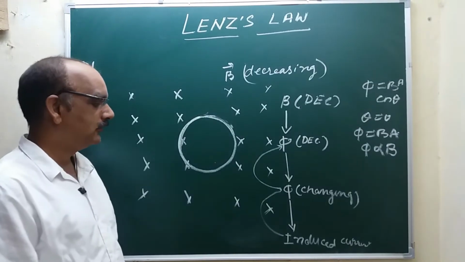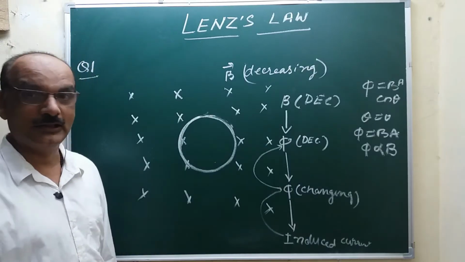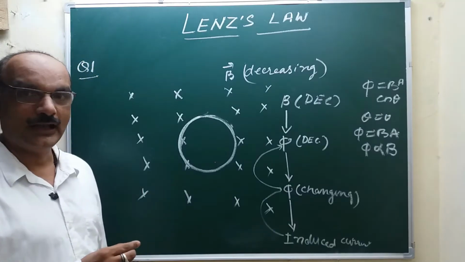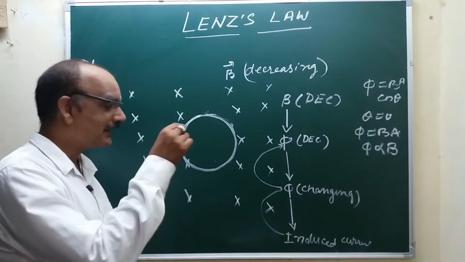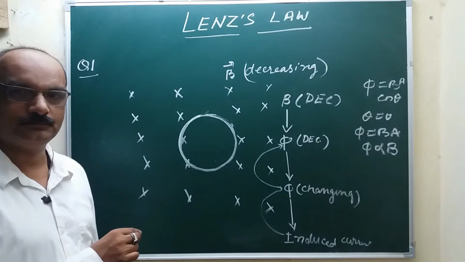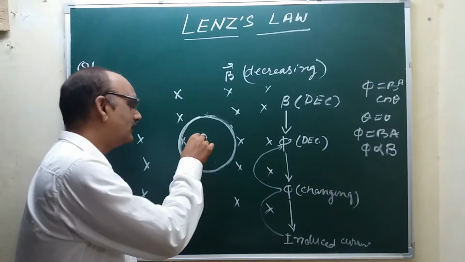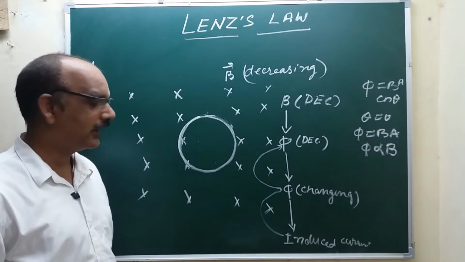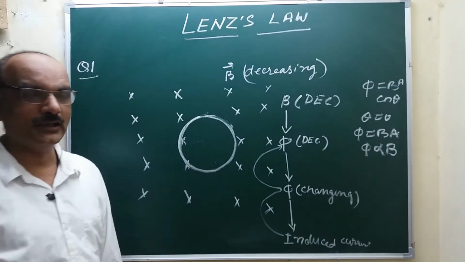Now, how will the induced current oppose the decrease in magnetic flux? By producing magnetic flux in the same direction. मतलब induced current की डायरेक्शन कुछ ऐसी होगी कि मैग्नेटिक फ्लक्स उसी डायरेक्शन में प्रोड्यूस हो जिसमें कि वो डिक्रीज हो रही थी. क्लियर? Now magnetic flux is decreasing in inward direction. It means that magnetic flux due to induced current will be produced in inward direction.